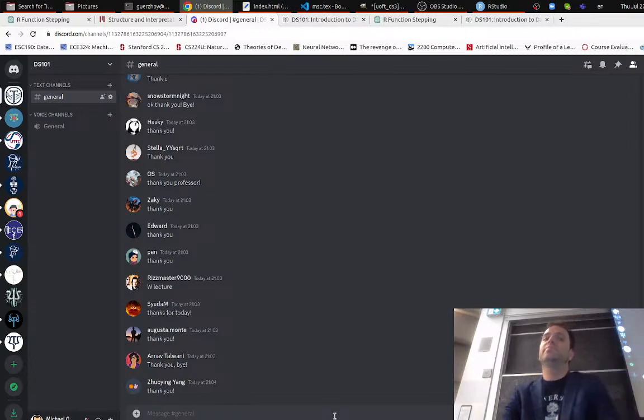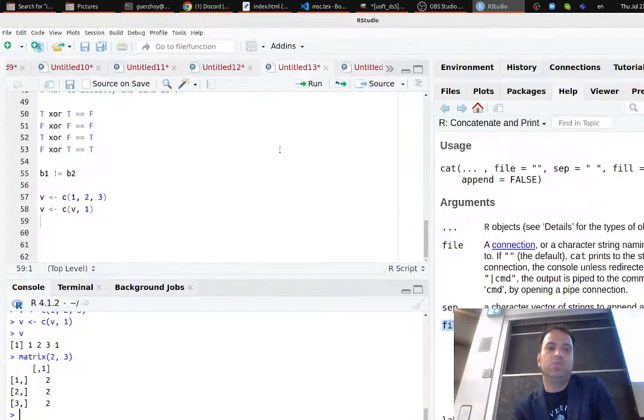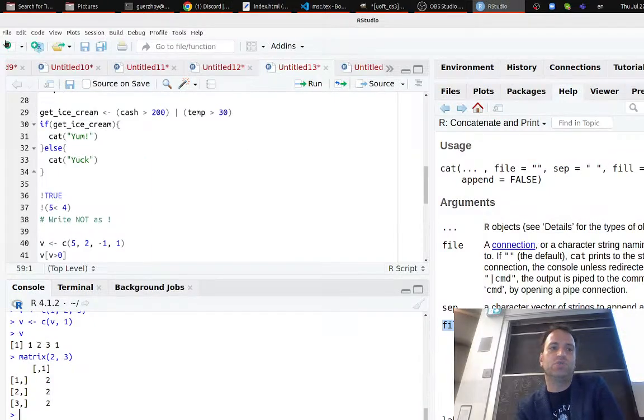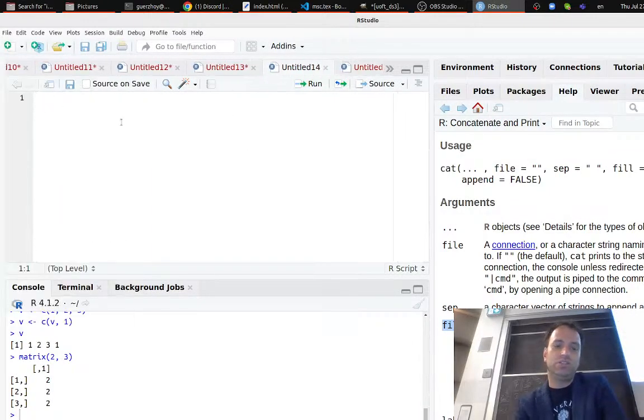But what's the curly bracket? Yeah, so basically, we've seen it in two contexts so far, right? The if statements. So we have one kind of situation where,